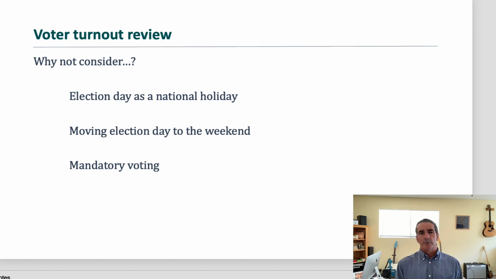I would argue that there are two things that citizens in a democracy have to do. One is you got to pay your taxes to pay for those things that you want that government to do for you. If you want roads and highways and an economic system and schools and defense and public safety and all that stuff, then you got to pay for it, and that's what taxes do. And the other is you have to vote. You should have to participate in the system that chooses your leaders. Paying taxes is not optional, it's mandatory.